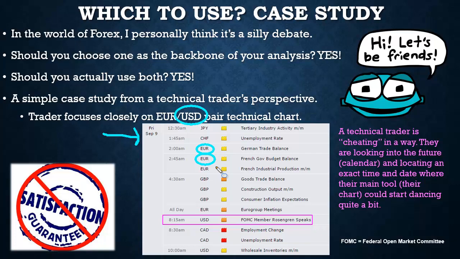But again, there's no holy grail. There's no magic bullet. For all we know, this meeting up here, I don't know, let's just pick a random one: the Swiss unemployment rate, which is being announced on Friday, September 9th at 1:45 a.m. Eastern time. For all we know, maybe that's just some sort of number, and then all of a sudden that starts to influence how our currency pair trades. I mean, I don't really see that happening,